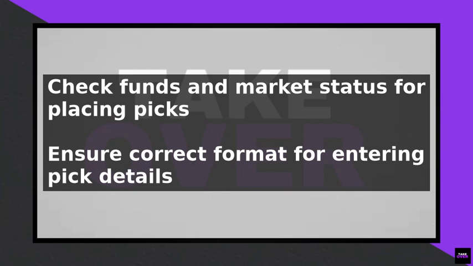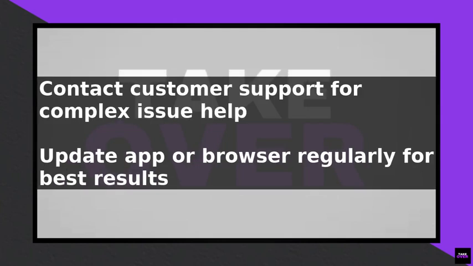To troubleshoot more complex issues, contact PrizePicks customer support for assistance. They can provide guidance on resolving specific errors and offer troubleshooting steps tailored to your situation. Best practices for avoiding PrizePicks errors include regularly updating your app or browser, monitoring your account activity, and being cautious when entering pick details. By following these steps and staying informed, you can minimize errors and have a smoother experience